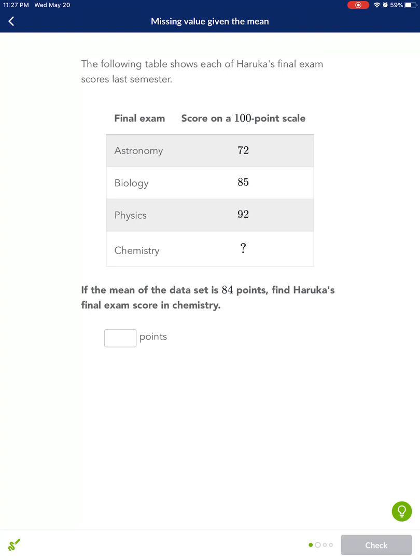Biology, 85. Physics, 92. That is not an easy class, kids. Chemistry, question mark. If the mean of the data set is 84 points, find Haruka's final exam score